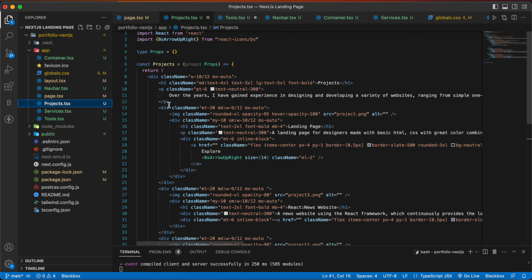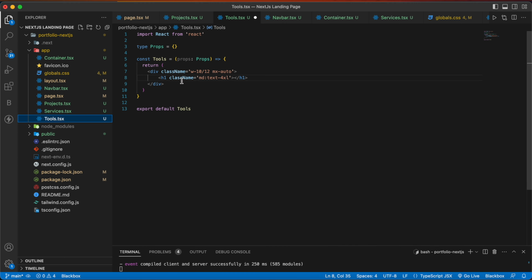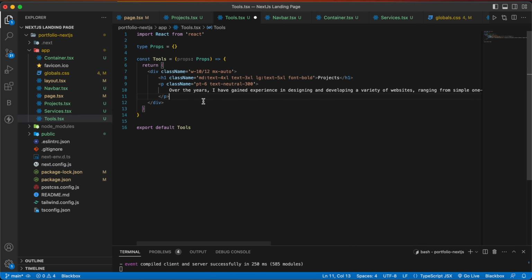So I am copying all this and paste here, and you just have to change some text.